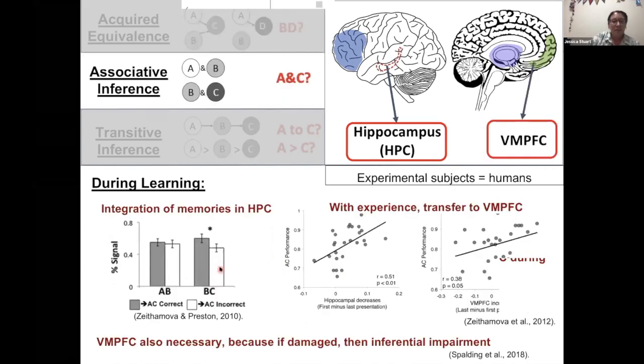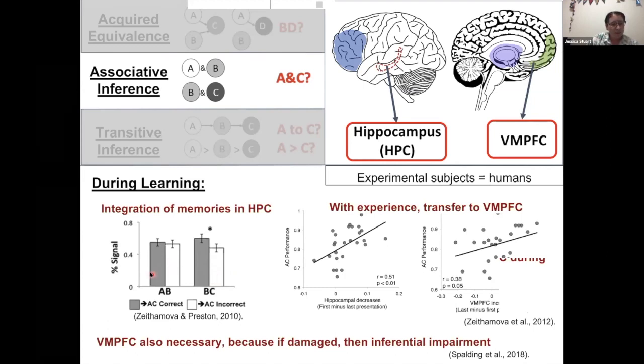The neural imaging stuff has been tried to be replicated using slightly different paradigms. So for example, using the associative inference paradigm. This is the one where they might find out that A belongs with B and B belongs with C, and then they have to make the generalization, therefore perhaps A also belongs with C. And Dasha's also done some work here, and she looked at the hippocampus during the learning phase, and she found